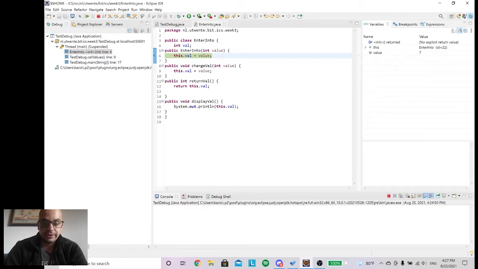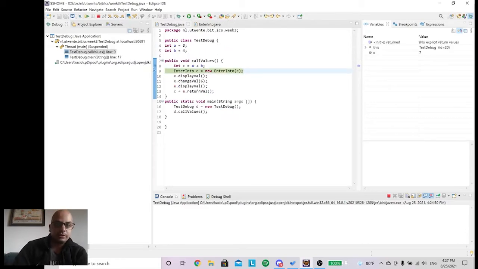On the right side, I can see the value variable because I just passed through it. It's 7, so it's correct because I have passed the value c. And now if I step over again, I go to the end of that constructor.